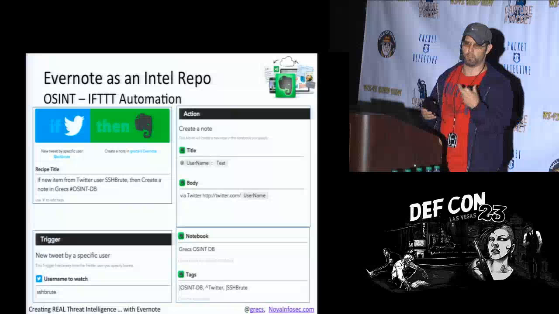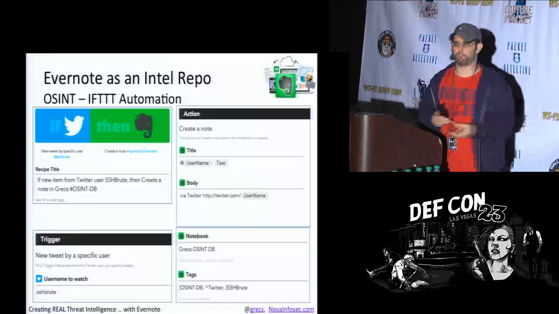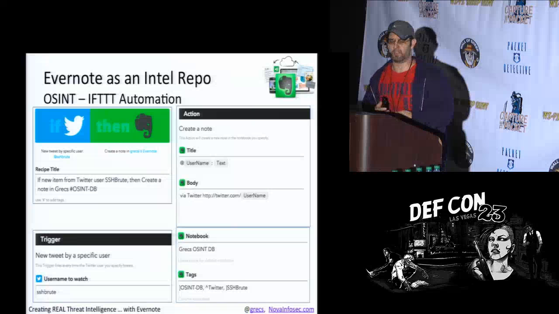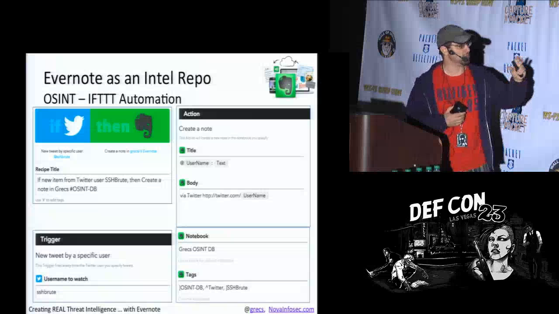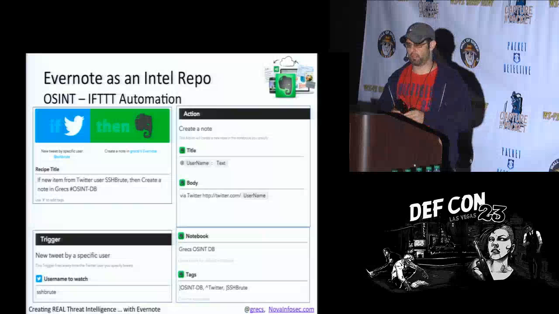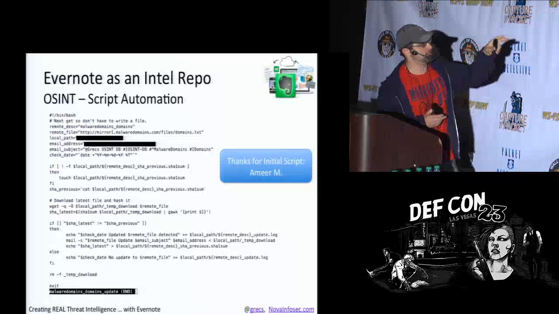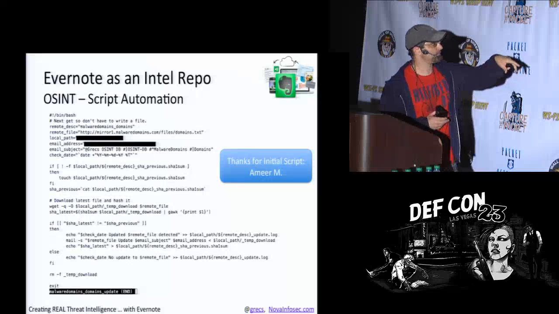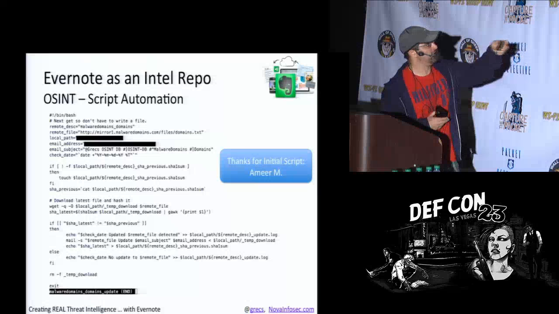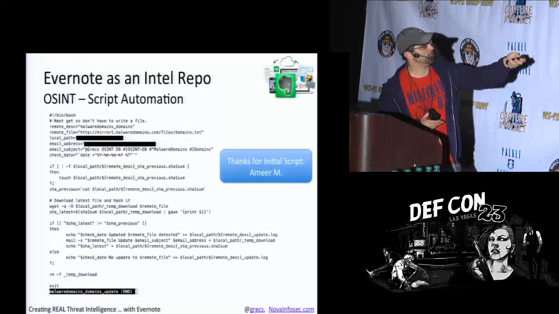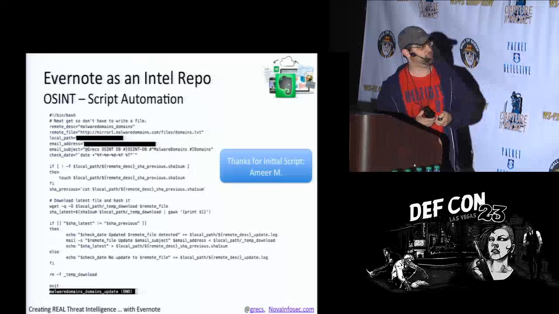And it's basically the same method if you're doing an RSS feed or Twitter, or you're monitoring an inbox. And this was the script that I created, especially for going out and trying to get the malwaredomains.com domain list.